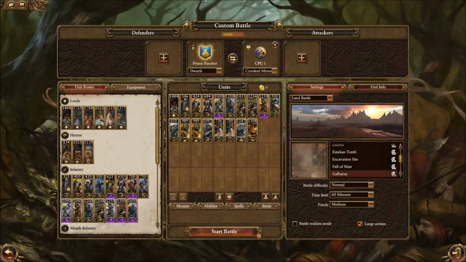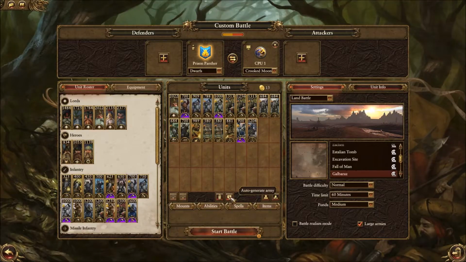So if the Crooked Moon win again, they're through. But there's a chance for the Dwarves to get a bit of honour, and to level it. That'd be good for them. So here we go. Here's another